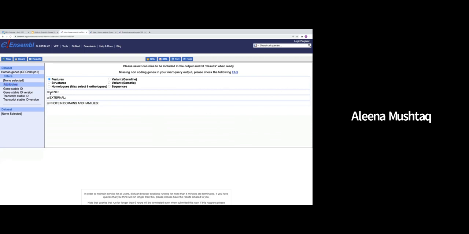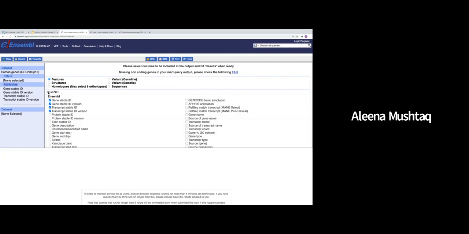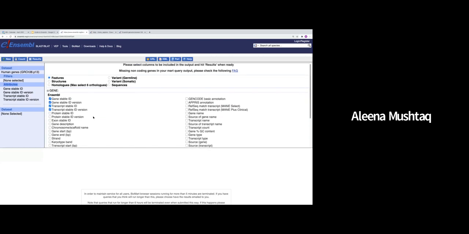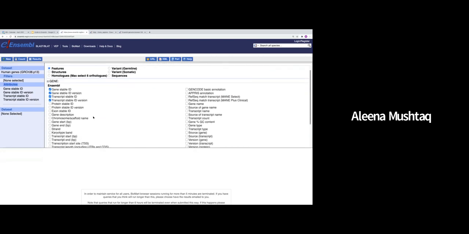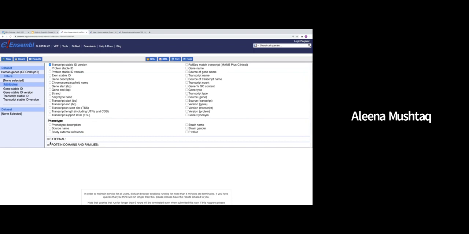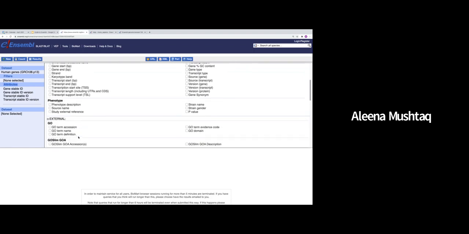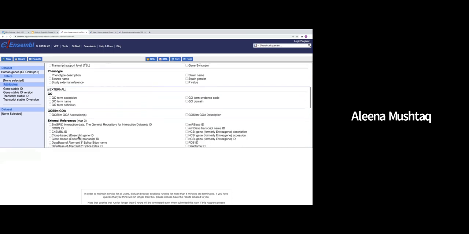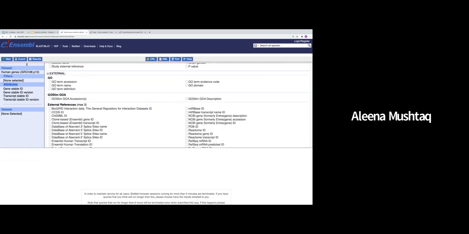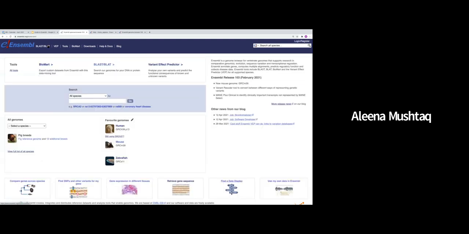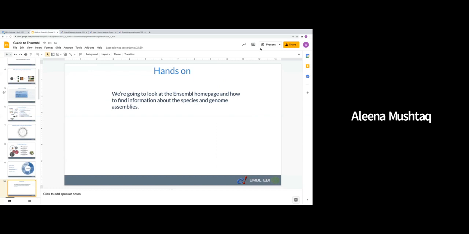From here, you can select loads of data like transcript IDs for your genes and phenotype information. This will also give you gene ontology terms and also external references. This is just a quick overview of the different data and different really cool things that you can do with the Ensembl browser. I'm now going to go back to my presentation